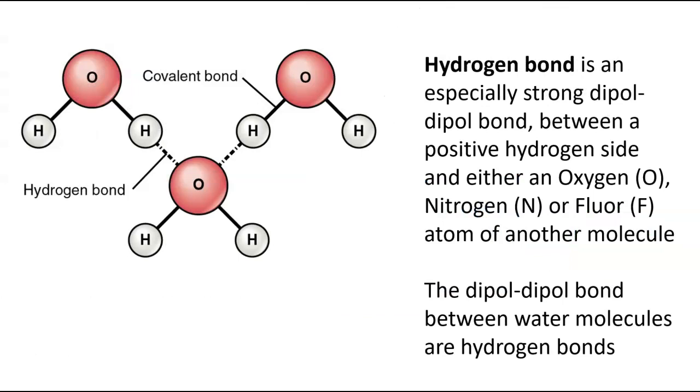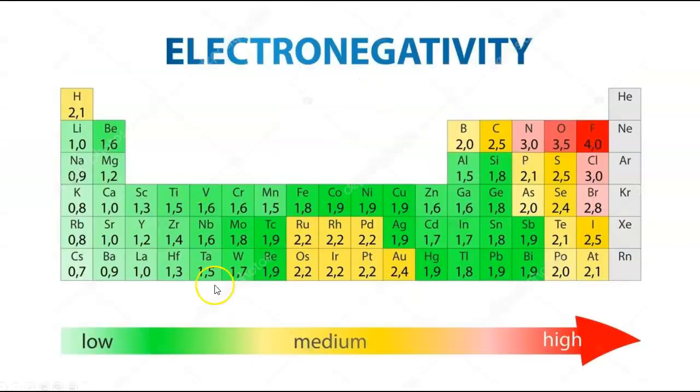And this kind of dipole-dipole bond that exists between water is actually a form of a hydrogen bond. So hydrogen bonds are specific types of dipole-dipole bonds that exist between hydrogen as the positive side on one molecule, and oxygen, nitrogen, or fluorine as the negatively charged part of another molecule. So these are special because if we remember the electronegativity here, nitrogen, oxygen, and fluorine are